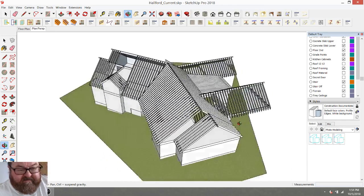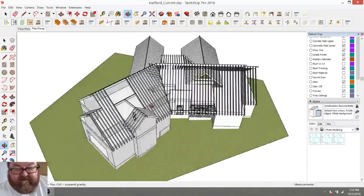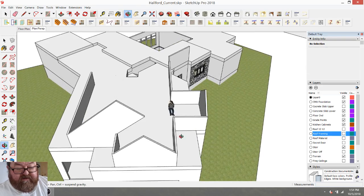run through on this. I've been working about 4 hours today on this, trying to get the second floor walls in. And by the way, if you haven't seen any of these videos in this series, this is a house in Texas that I'm helping design and draw up for a fella, a really nice couple out there. Where's my roof framing? Turn that off for a second. So I was working on these walls